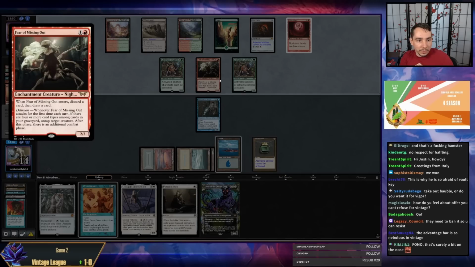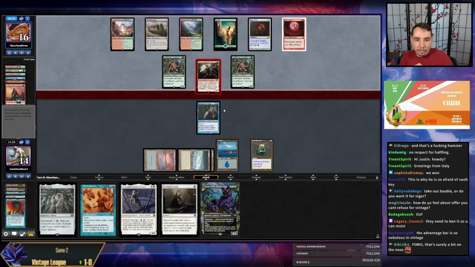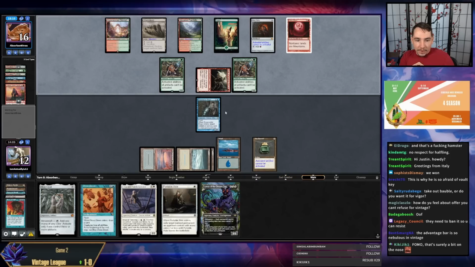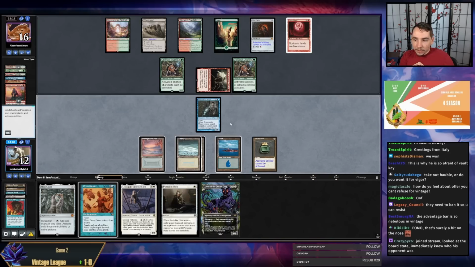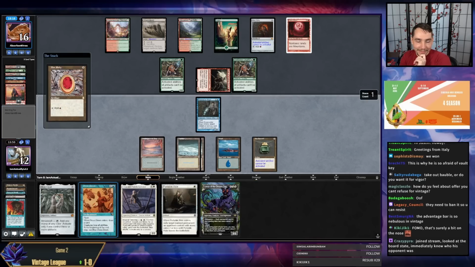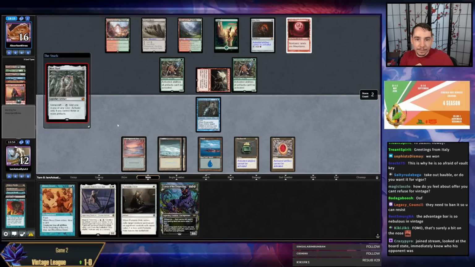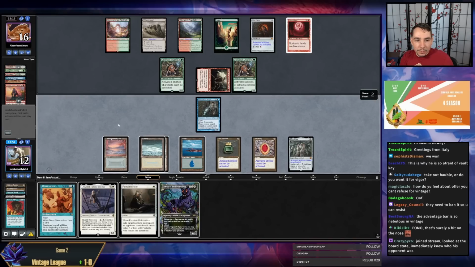Also, the minute this thing gets Delirium, it just attacks twice, right? So, if I get a Lotus, I can Dress Down and get a Lurrus, and have a Lurrus, but the Bobble Loop doesn't do anything. Yeah. All right, well, I have the white mana now. So...